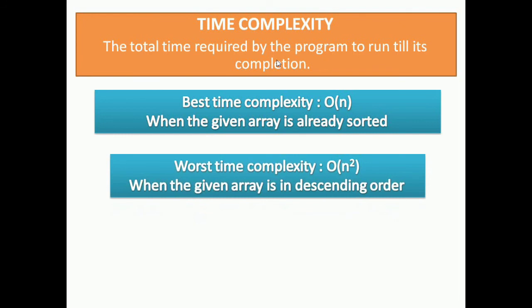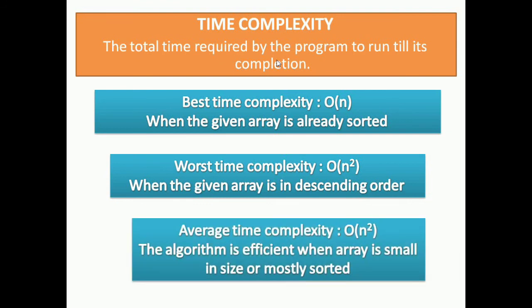Next is worst time complexity. The worst case for insertion sort will occur when the input list is in decreasing order. To insert the last element, we need at most n-1 comparisons and at most n-1 swaps. To insert the second to last element, we need at most n-2 comparisons and n-2 swaps, and so on. Thus, we get the worst case time complexity as order of n square. When analyzing algorithms, the average case often has the same complexity as the worst case, so insertion sort on average takes order of n square time again.